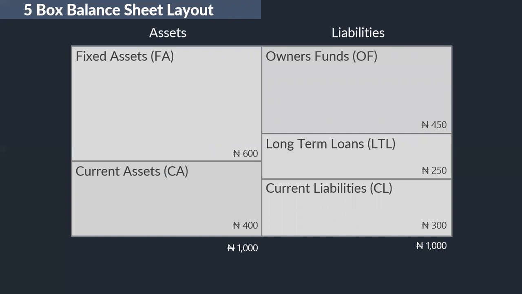The next question that comes to play is this. There are a lot of stories you can tell just by looking at the five-layer balance sheet of any company. Looking at it alone does not make sense yet, until we compare it to itself or another company over time. But before we go into that, you need to understand that there's a structure, something we call funding match in a balance sheet. What is funding match saying? It's saying our long-term sources of funding, which are owner's fund and long-term loans. Now, remember that current liability is also a source of funding to a business. You know that?